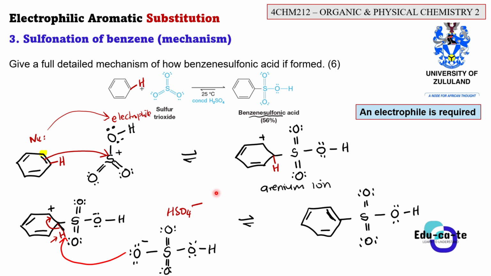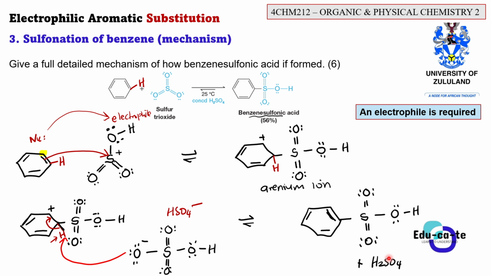But another product that we'll have here, since we have said that this HSO4 minus will take away the proton from this. Basically, when it takes away the proton, it just means that we're going to add the hydrogen. So this is just going to give us plus H2SO4 again. Why do we say this is H2SO4? Here we have HSO4 minus, which is sulfur bonded to 3 oxygens and 1 hydrogen. The moment that this HSO4 minus takes away this proton from the benzene ring, another hydrogen is added to this HSO4 minus. So that will be H2SO4.